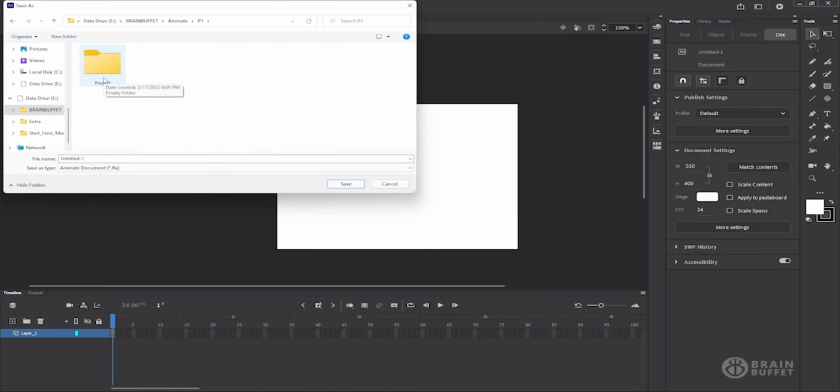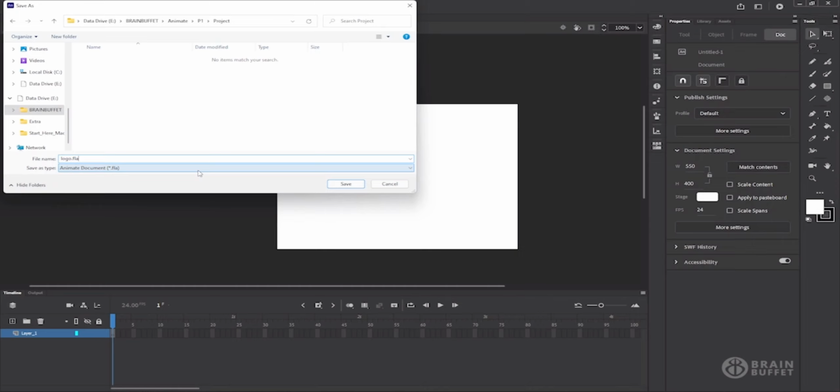All right, so we can see that I am saving this in my project folder, and I'm going to just name this logo.fla. An FLA file is the default Animate document file type. That takes everything that's in your library and in the core document, and really just about everything in the project that you build into Animate, and it compresses it into an FLA file. This is your authoring document,